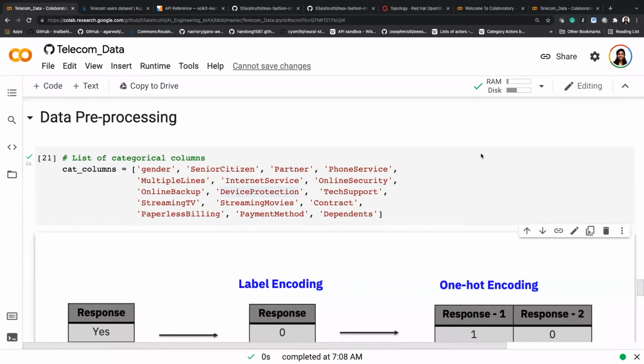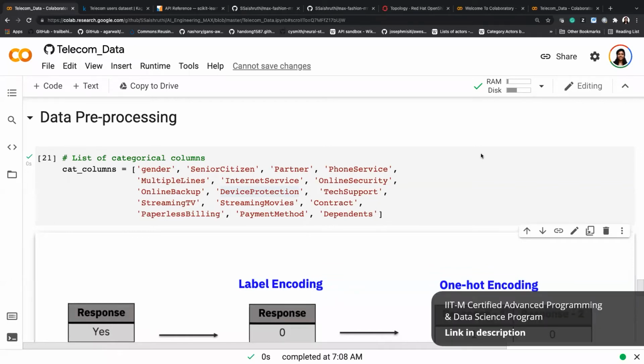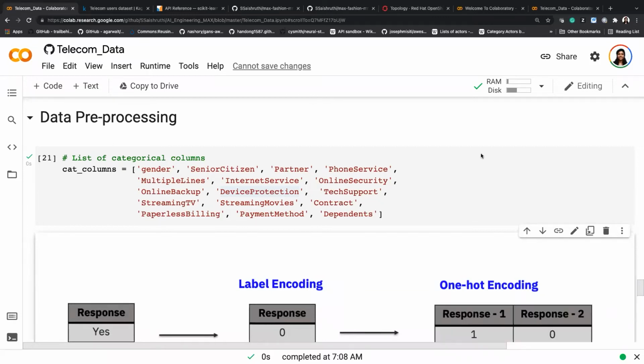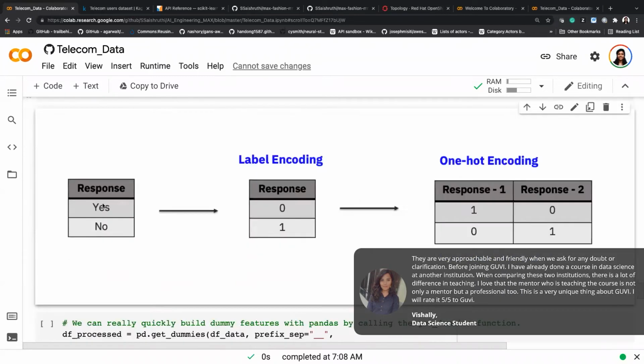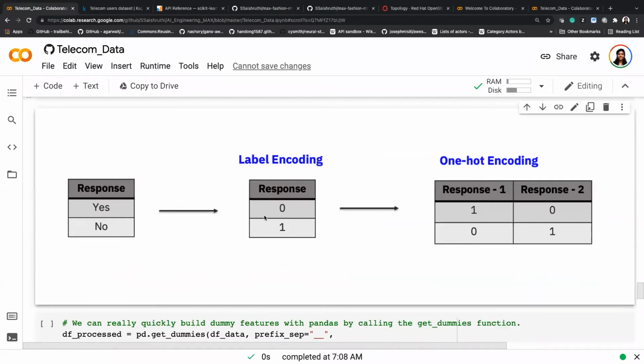The first rule of thumb is a model can understand only numbers. Let's say you give it a string value, like apple, orange, right? It's not going to understand. I need to provide numbers for my model so that it can perform the computation and actually understand what I'm talking about. So if there is any string value, we need to encode it. Again, this is a rule, whichever model you build,